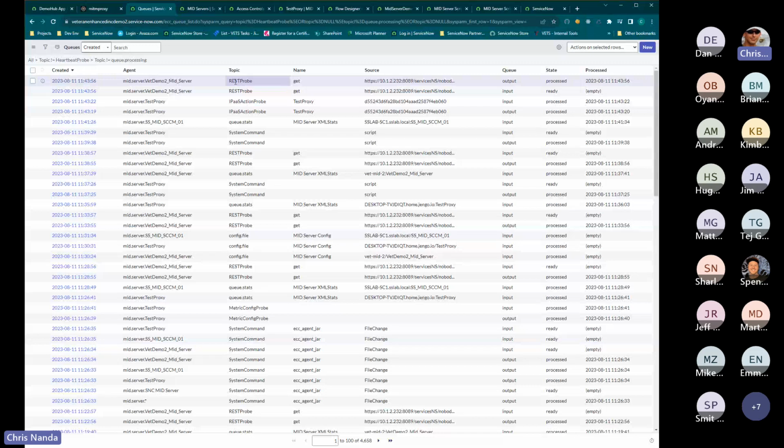So if you're getting errors in your REST message or whatnot, or errors in your flow, a little bit different, but we'll talk about that, or errors in other places, you can usually come here to find some of that debugging information that you might need. But from what we can see here, you can see that we've got a topic called REST probe here, and then a name called get, and a source, which is an IP address with an endpoint. I've got security operations set up on here with a Splunk connector. And so this happens to be a REST probe that gets sent out to query Splunk for certain